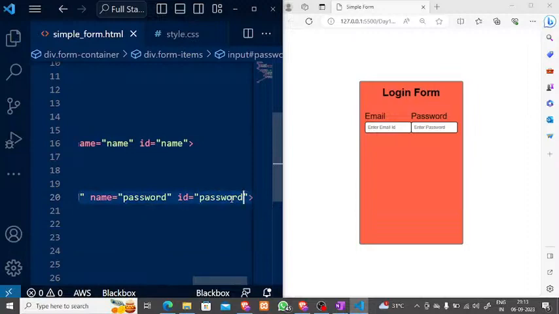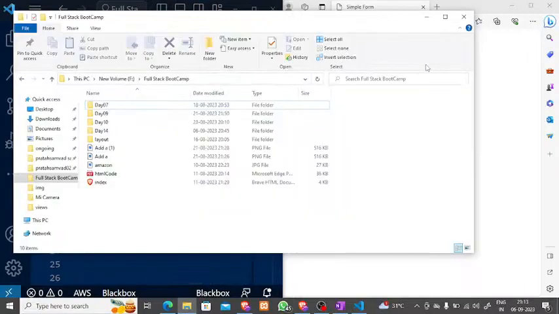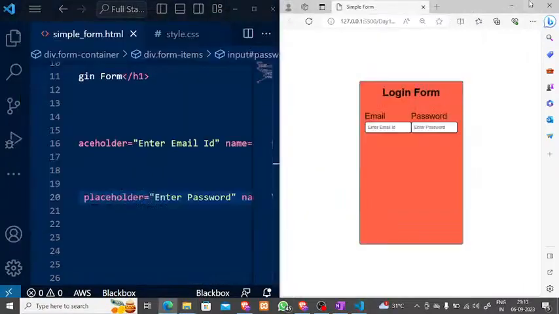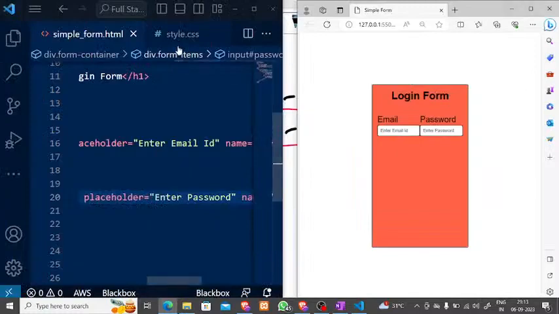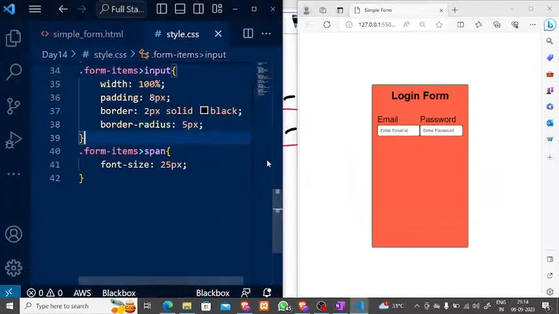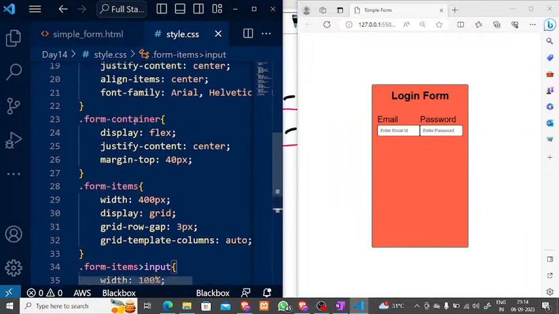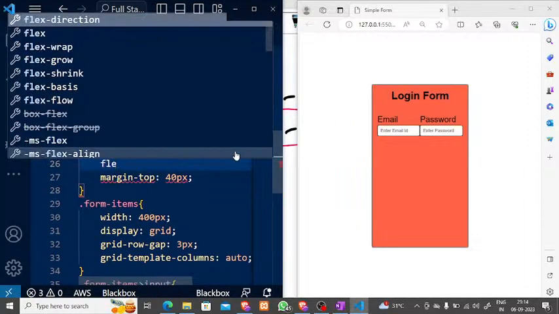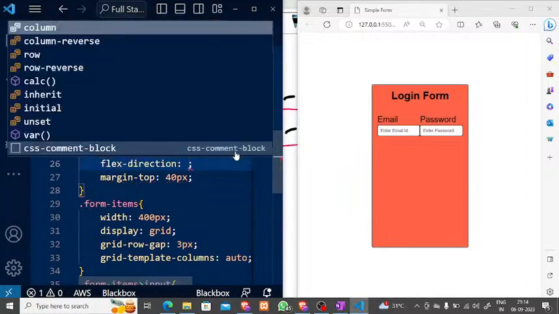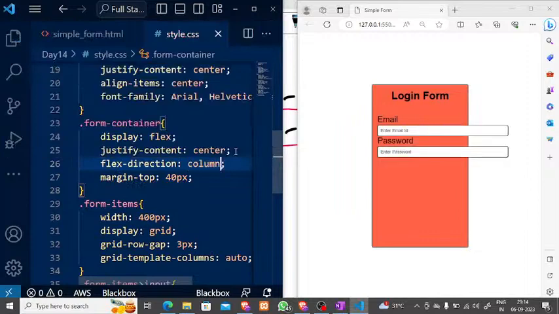If I save it, you guys would see I'm having both of these fields in the same row, but I don't want that. How can I manage this? So this is inside this form container. I can change its flex direction, because by default it is row. I can change it to column. And see, guys,